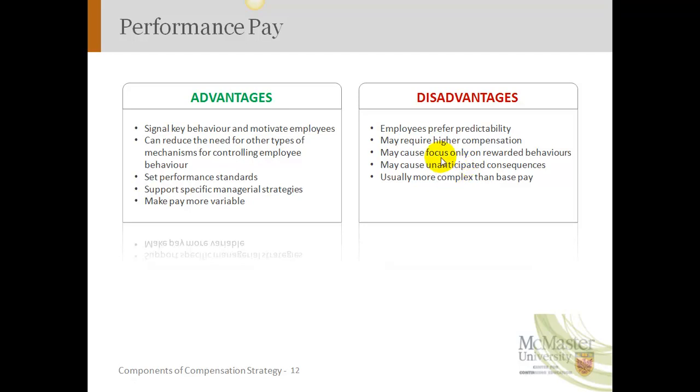So again, sometimes when you're giving incentives for achieving certain behaviors, you might have some unanticipated consequences, people trying to pad their bonuses. So you have to make sure that you set up the performance pay system so that it gets around those unethical or unsavory kinds of things that some employees might engage in order to increase their performance pay. And it could be more complex than base pay, especially with the banks now. They have their performance pay systems quite metricized, or based on numeric achievement. So it will take a little bit more to achieve them and to really think about what you want it to look like based on what you can afford to pay.